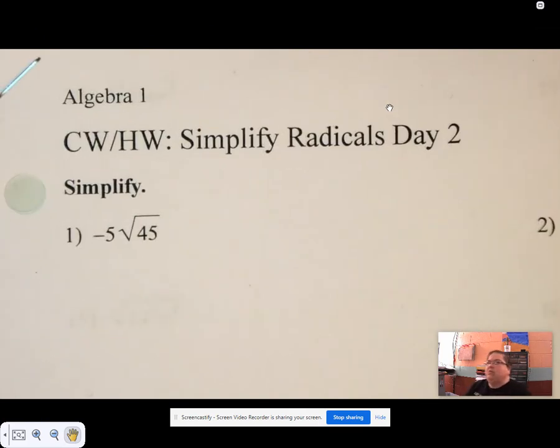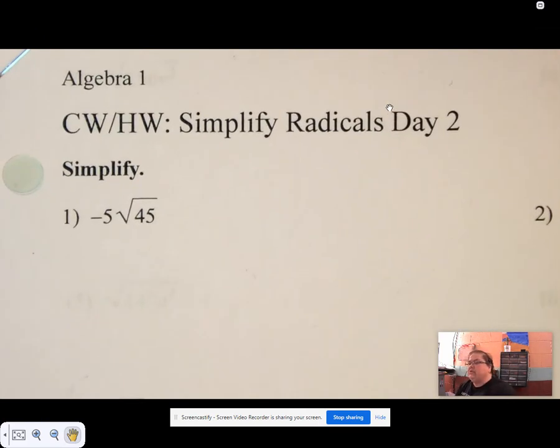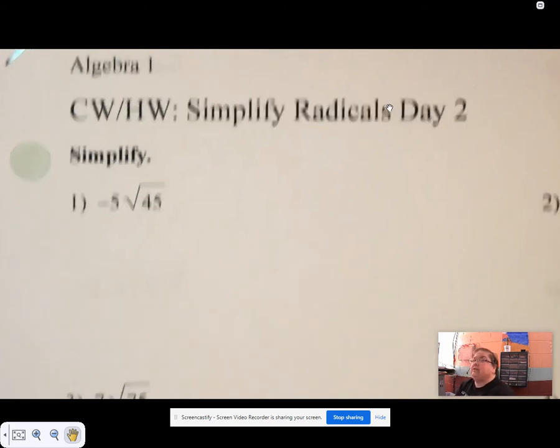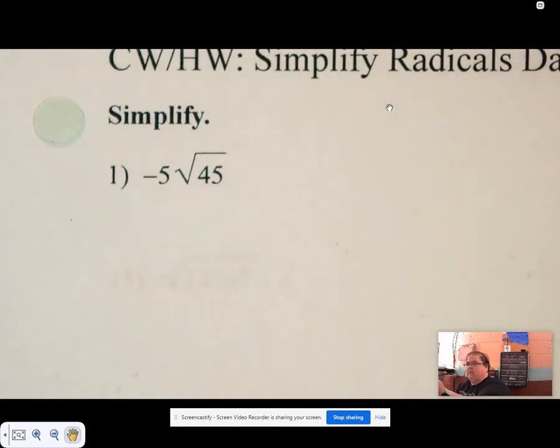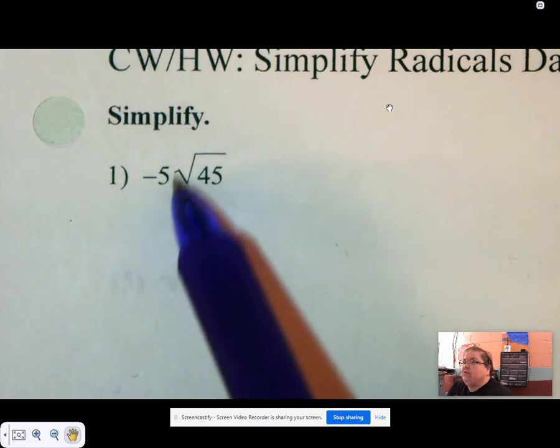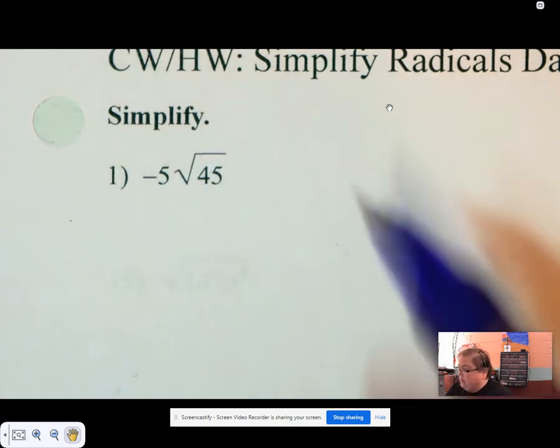Okay, so simplifying radicals day 2. We are going to put a little something in front. It's all good. We're going to simplify the same way. The only difference is now I have a coefficient here in front. So